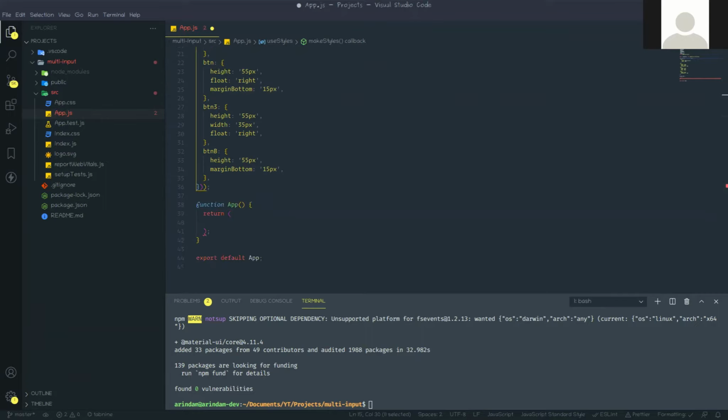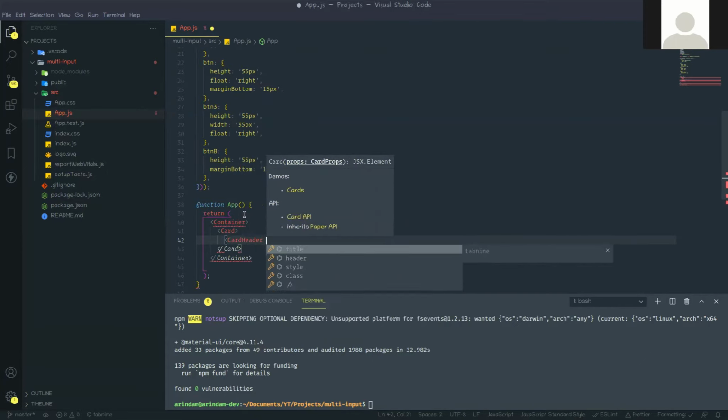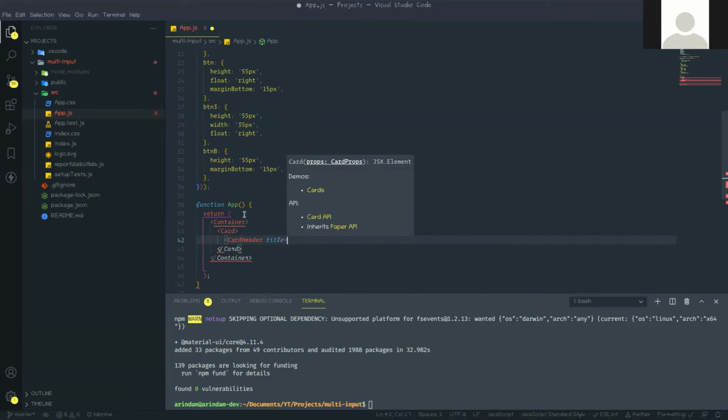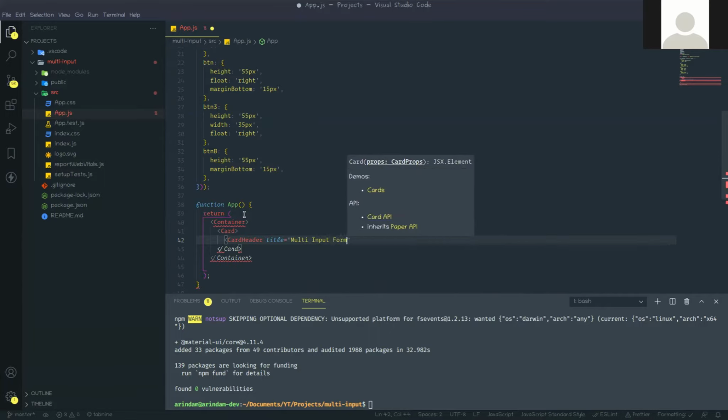So done. Now first we are creating those designs. So in this return function, just bring one Container here. So in this container we need Card. So in this card, CardHeader should be there, and CardHeader will take one prop, that is the title prop. So title, like I'm giving Multi Input Form Handler.